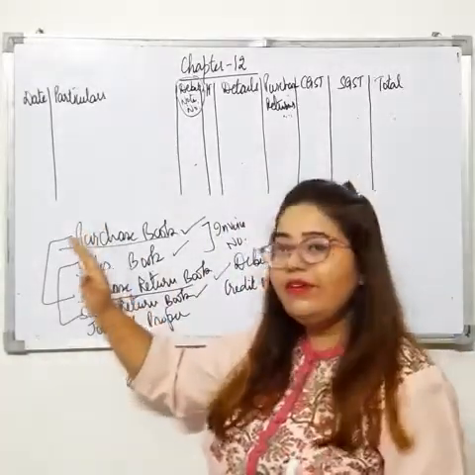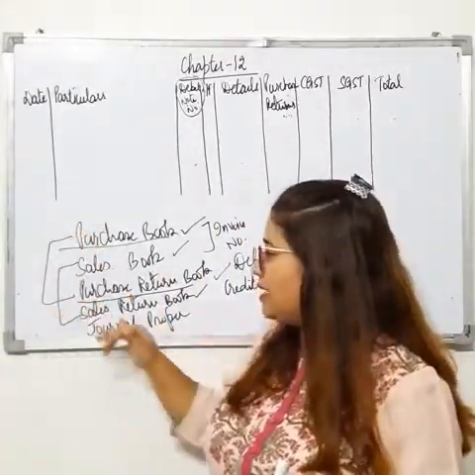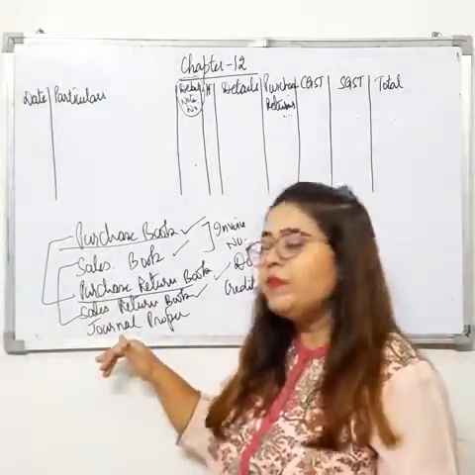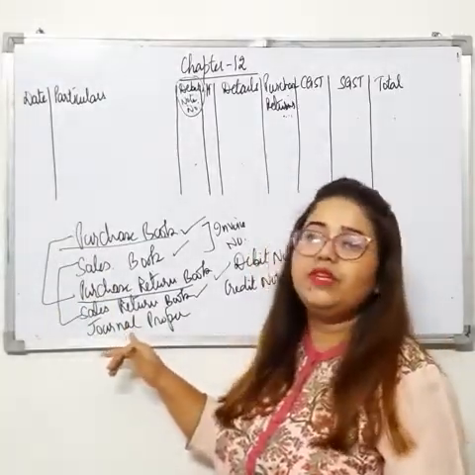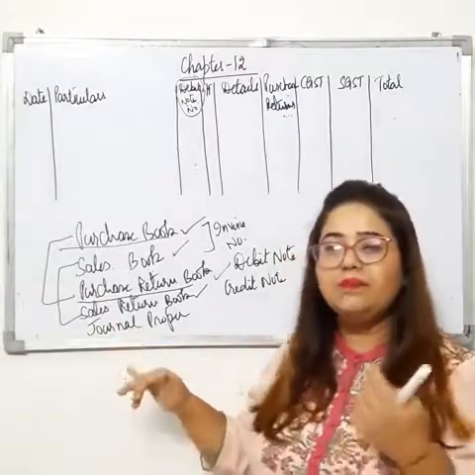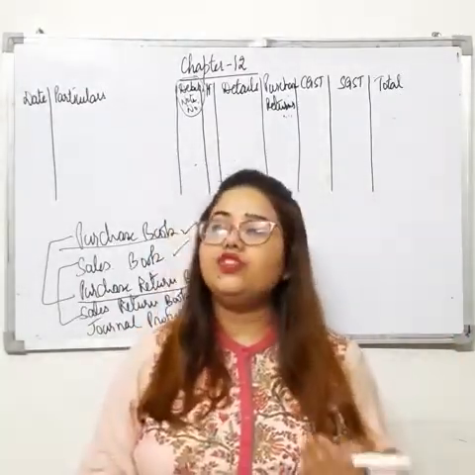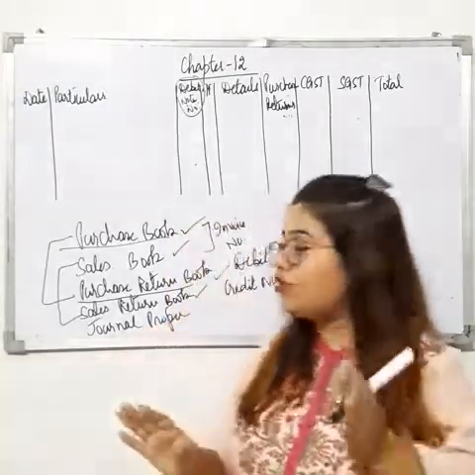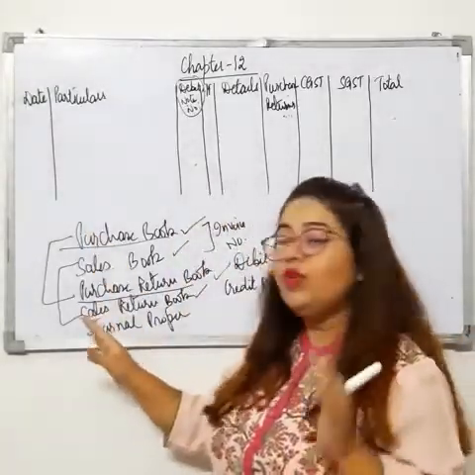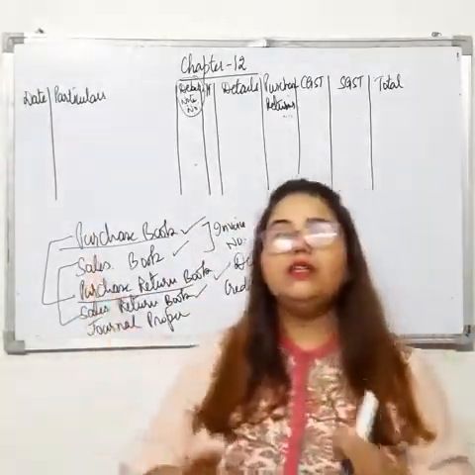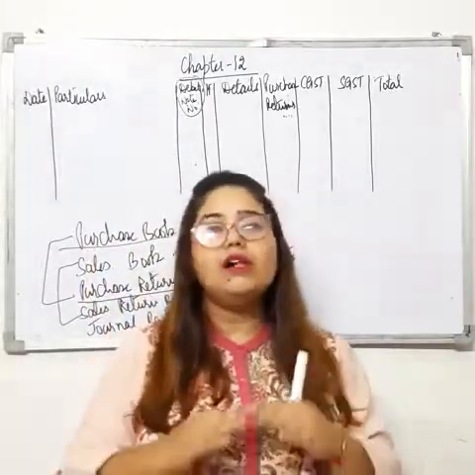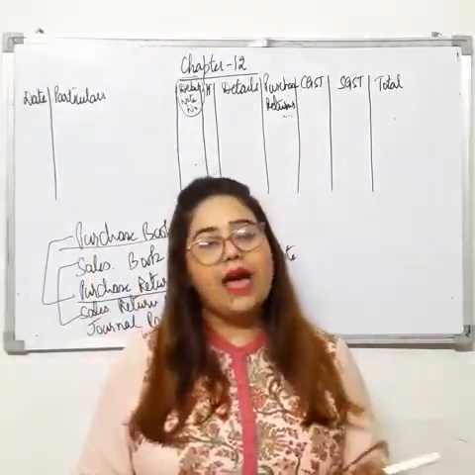So firstly we will discuss all four of these, then at last in my next video I will make a proper video for this particular topic. This is very simple, but still I will inform you whatever you have to record in journal proper. So now let's talk about these four books. So you have to ignore all the cash based expenses, all the transactions that are related to cash.